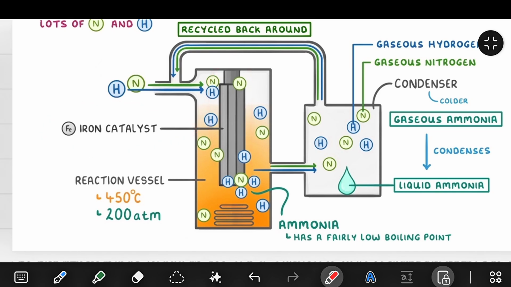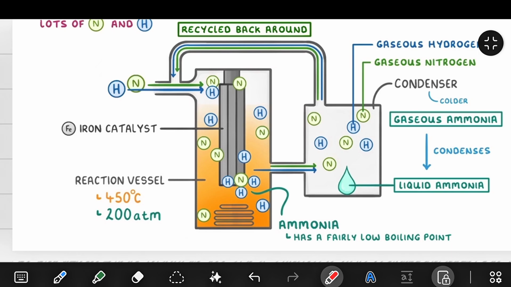Now, what does a catalyst do in a reversible reaction? It basically lowers the activation energy. It provides an alternative pathway for the reaction. It makes the reaction faster, right? So after they touch this catalyst, the reactants react together to form ammonia.